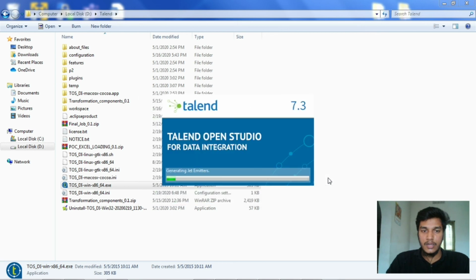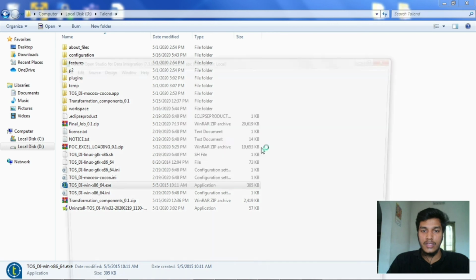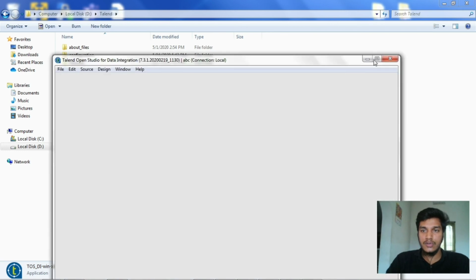Yeah, it is completely loaded. Now once it is loaded, it will start generating all the necessary components for Talend Studio. Once that is done, it will open the studio for us. So this is all. Installing Talend Studio is very easy, and creating jobs in Talend Studio is also easy.